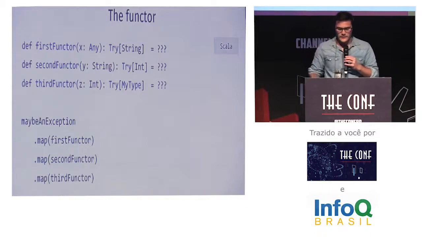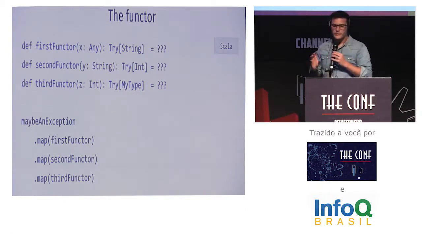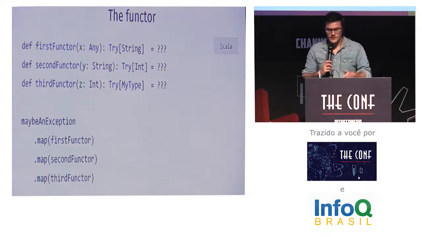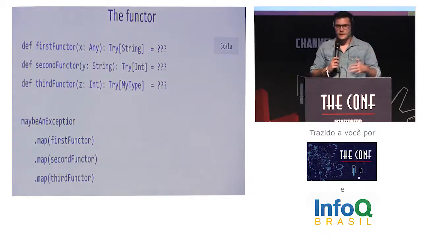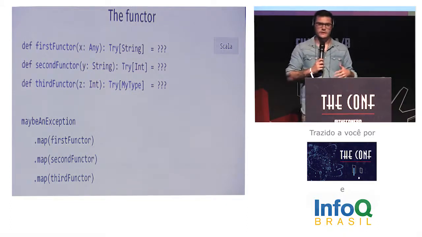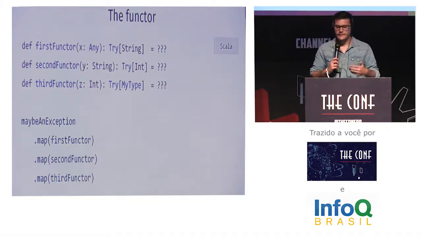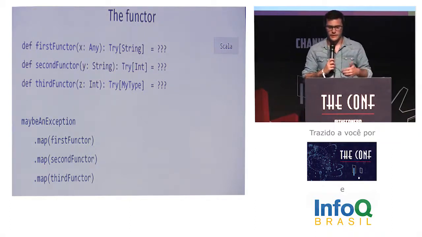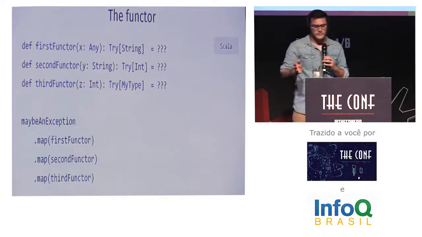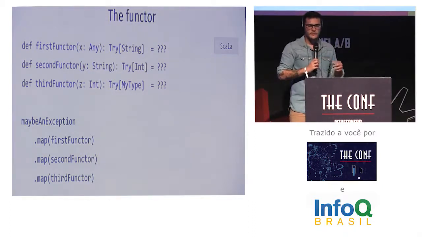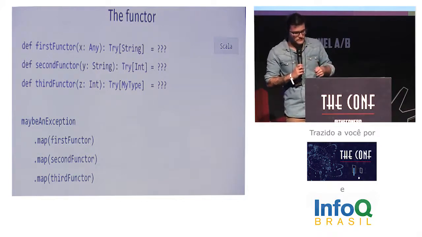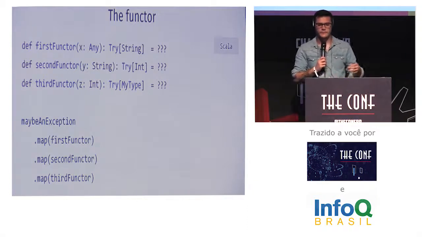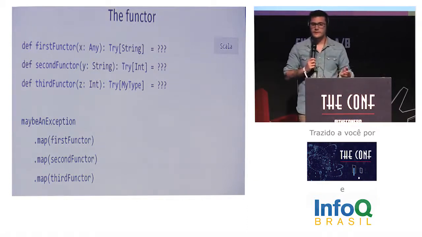So the cool aspect is that you can compose the monads in powerful ways. Through functors and the continuation monads, we can build chains of execution that are more powerful. A functor, for those who don't know, is any pure function that somehow uses or modifies the value of the monad. Here we have three functors being applied in sequence to transform the type of the monad. From anything, first we transform it to a string, then we transform it to an integer, and finally to a custom type of my system.